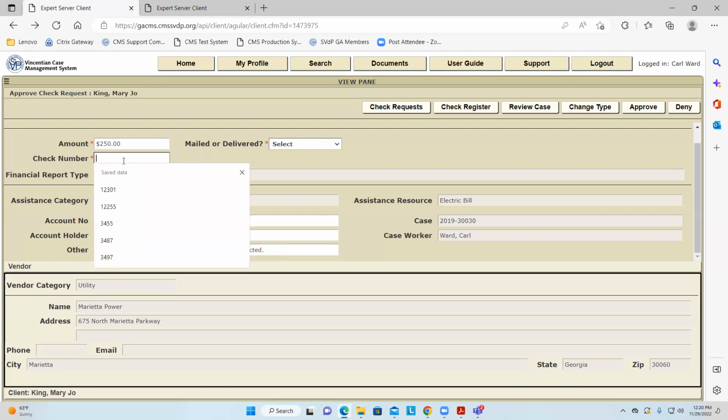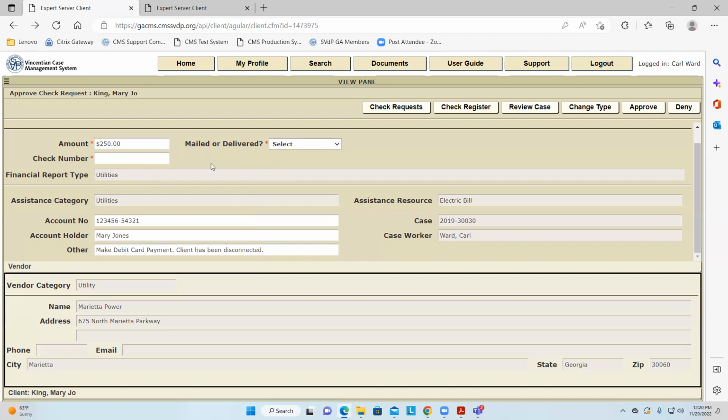Like I said, check number is required. And what you would put in there, if you wanted to do it according to CMS rules, for a debit card payment, a credit card payment, an ACH payment, whatever, you could put in debit transaction, just like that, debit space transaction. And if you had a second one, it doesn't look for duplicates. So you could have as many debit transaction check numbers in your register as you want. It will ignore the duplicate check. That's one way of doing it.